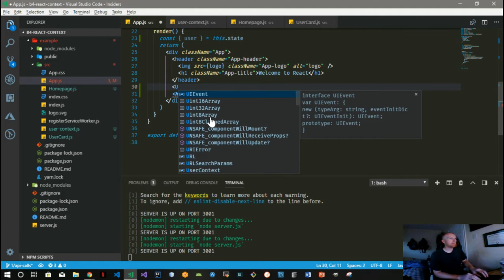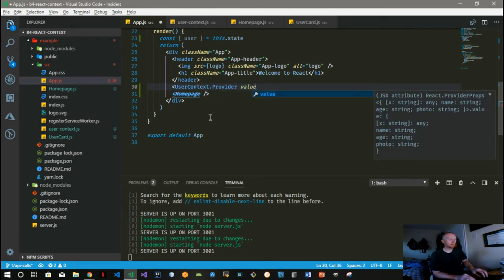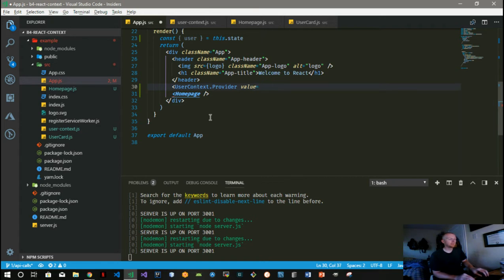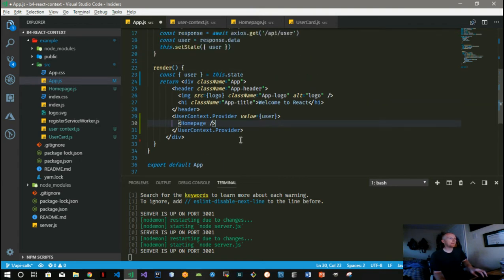we can wrap. So wrap it right here. We can say user context dot provider, the value, say this, or actually we just say user because we've already broken it off of state up there. Okay. And let's stick the home page inside of that. Okay. Now we've created this provider